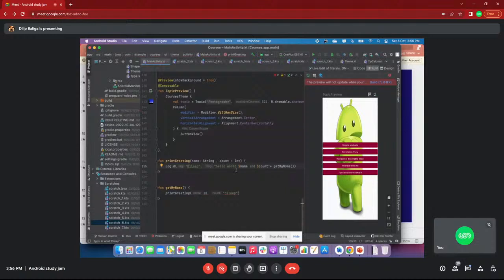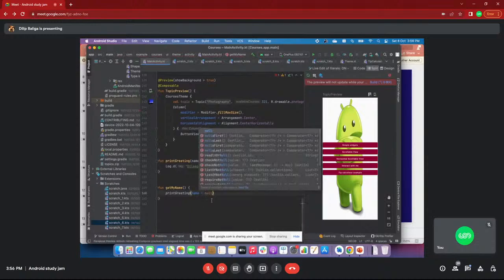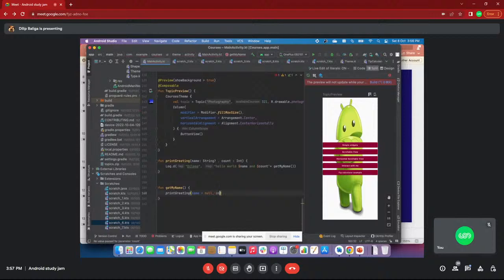Now, name with a question mark means this greeting function's first parameter can take a null value also. For the first parameter, name equal to, I can assign null, for example, and next count equal to 10.